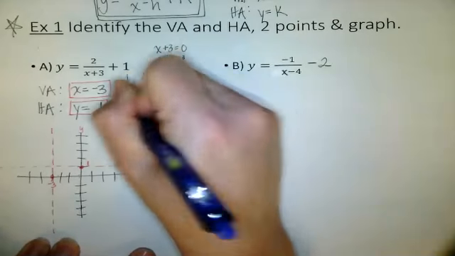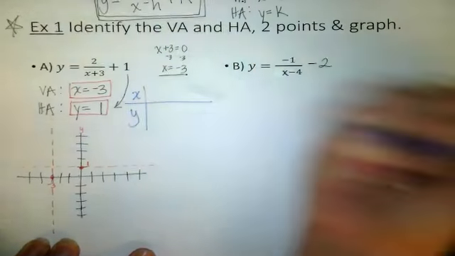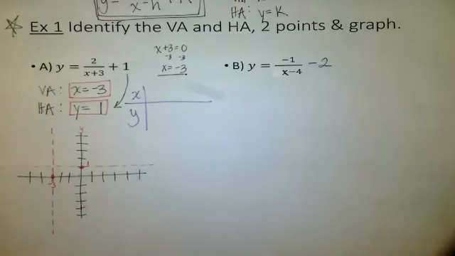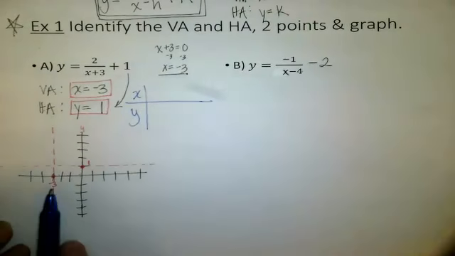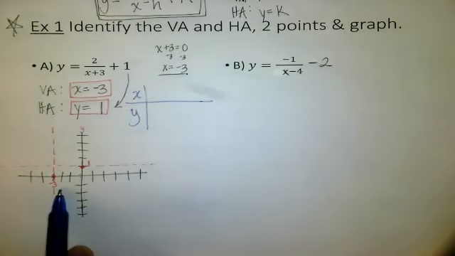Now, we need to find 2 points in order to graph our equation. And so we're going to make a little XY chart. Because anytime you want to graph, all you need are ordered pairs. Values for X and some values for Y. Now, we want to choose some very, very nice values to make it as easy as we can. And so to choose some values for X, we're going to look to our vertical asymptote right here at -3 on the X-axis. I want to choose an X value to the left and an X value to the right